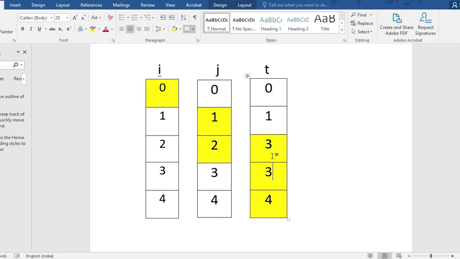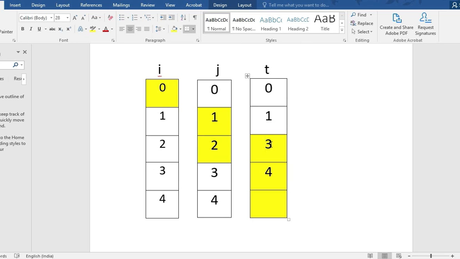So every next position will be shifted to the previous position. Now I shall delete the last element, because it has been copied into the previous position.